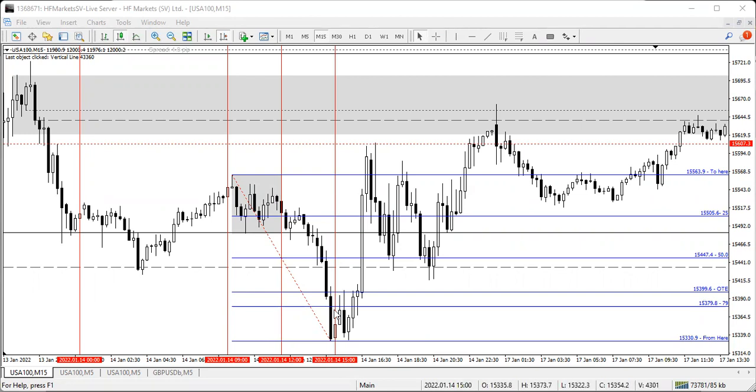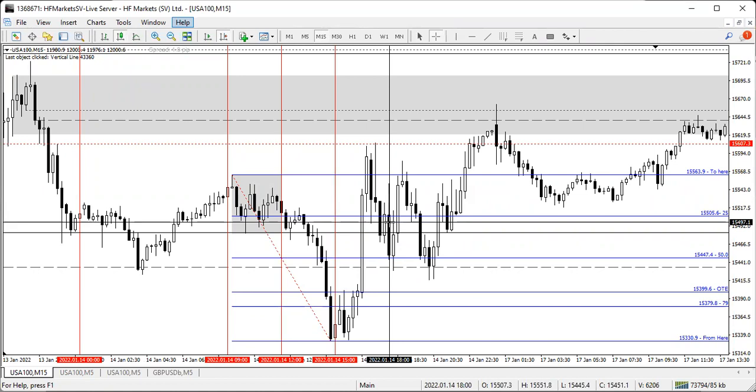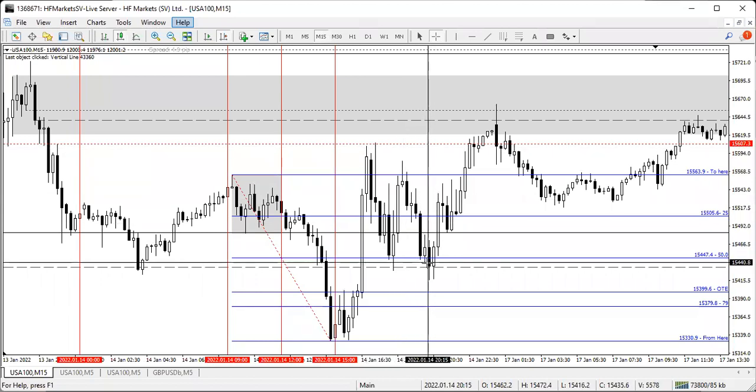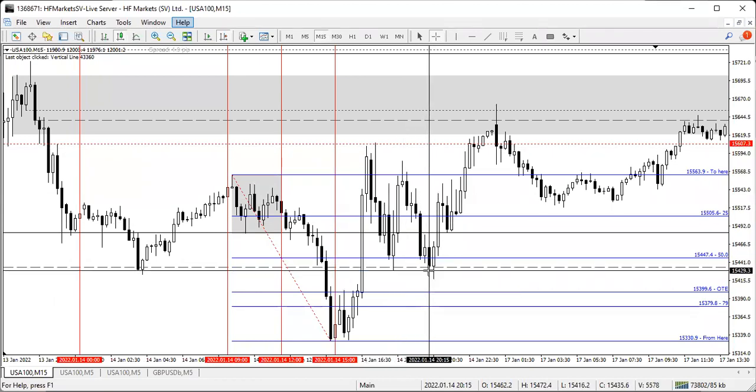We have the market structure shift here that I'm sure you guys can see. Reason to go long. Reason to go long. And what time did this happen? 11 a.m. London close profit taking. Suspicious. 1:15,